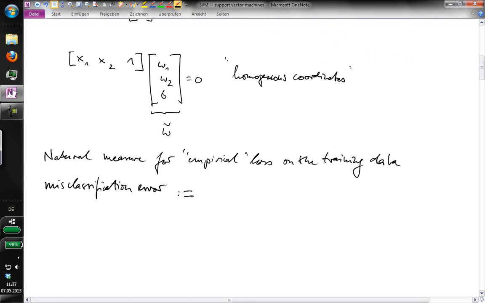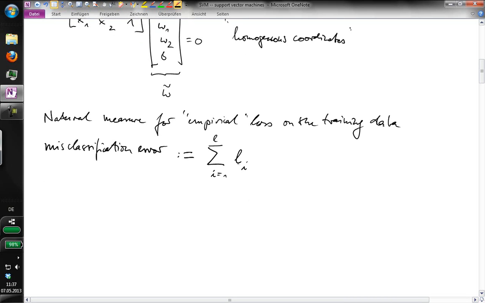Which is defined simply as the count of the number of points that end up on the wrong side of the decision boundary. So I can write this as a sum over all points in the training set, the loss. And let me use a capital L here